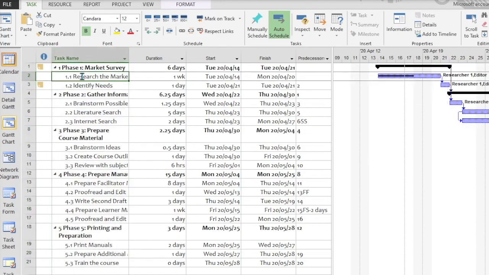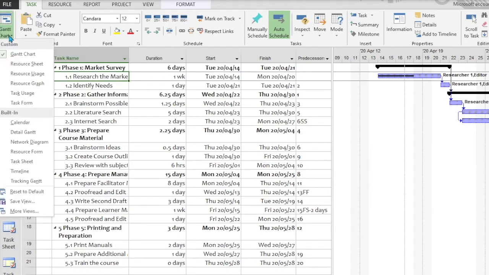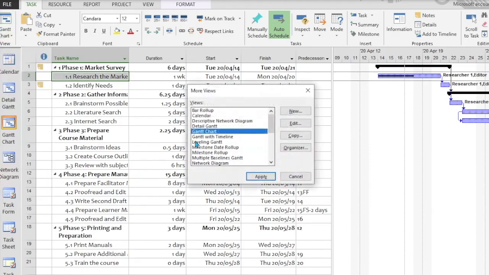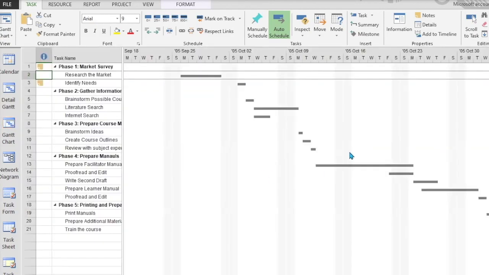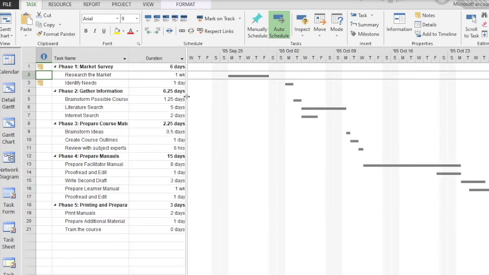A better way to view it is to look at the tracking Gantt. So the tracking Gantt would be a view that shows how much this project has progressed and how far off the baseline it is. Here we have an error because I didn't resave the baseline when I reset the date. So let's just